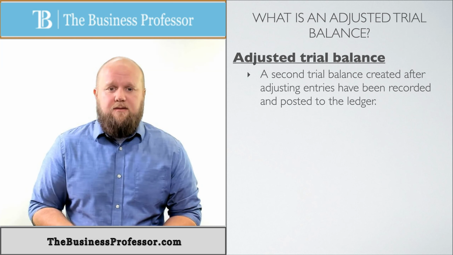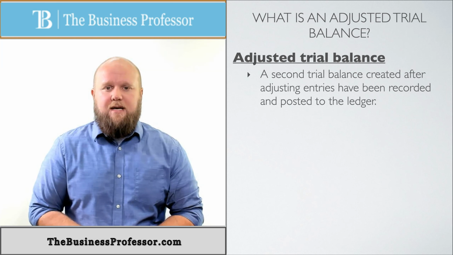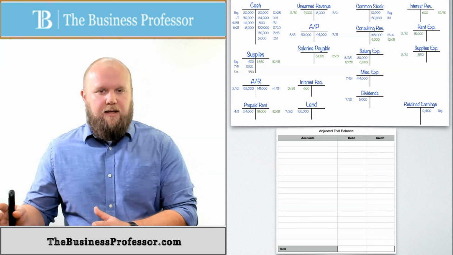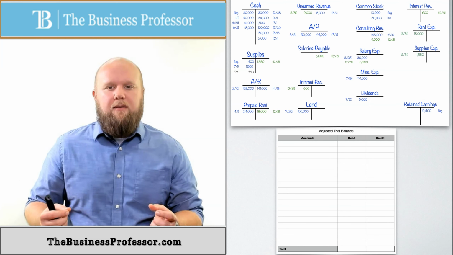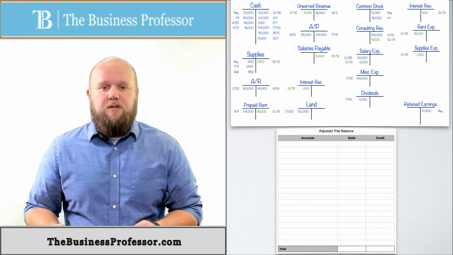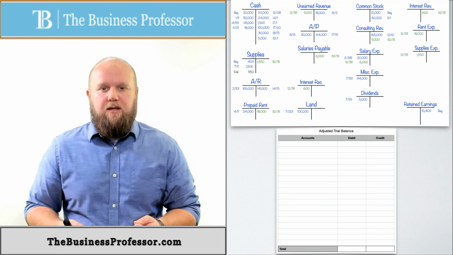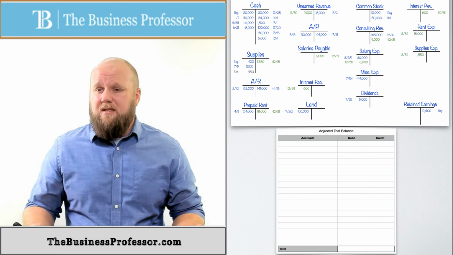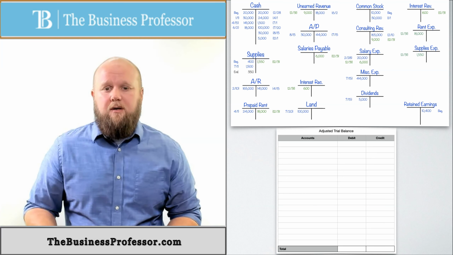So if we're looking at this, again, we're just looking at the notes we've been doing since chapter 2, the problem. This is what we should have right now. Now, we're not looking at the journal entries. All I care about right now is the T-tables. In order for us to do this, we need to go through and find the account balances for every single one of these. Some of these are really easy, like unearned revenue wouldn't be too hard.